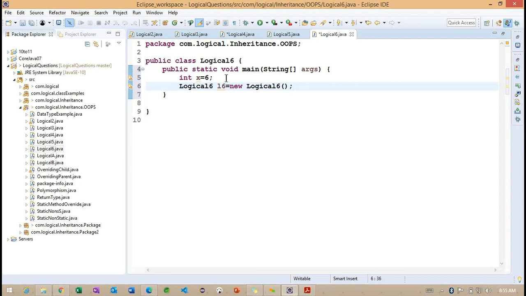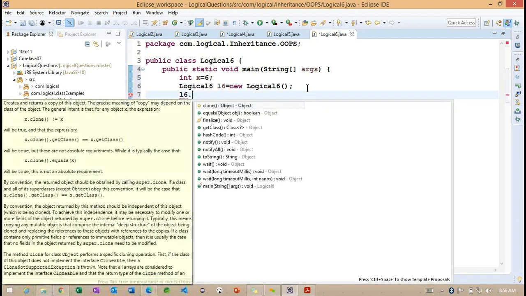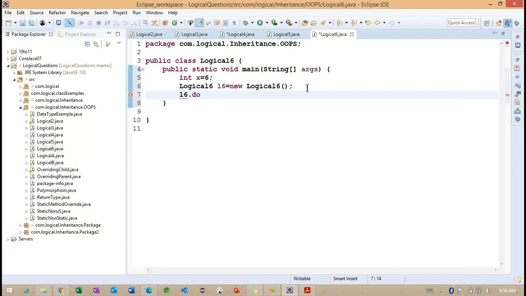I am creating an object of this Logical6 here. Later I am going to call one method using this l6 dot doStuff, which is going to take the x value.